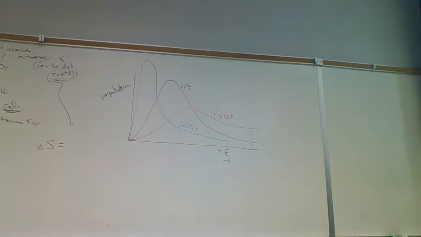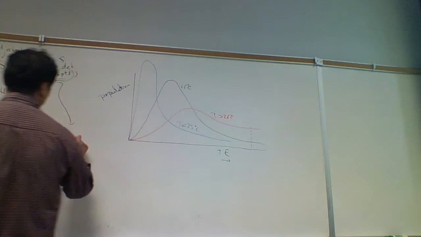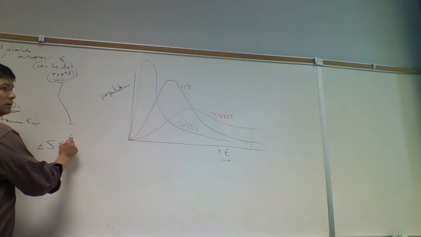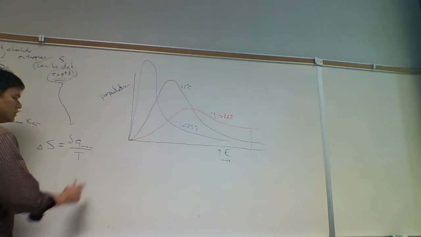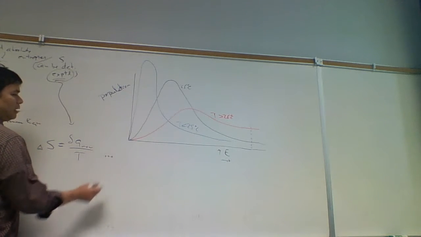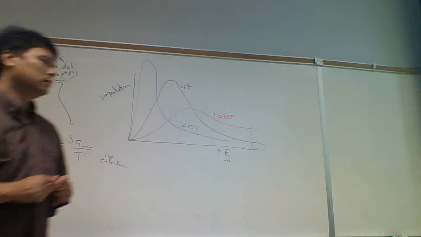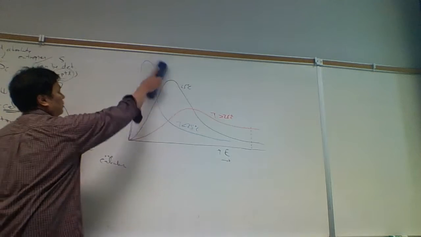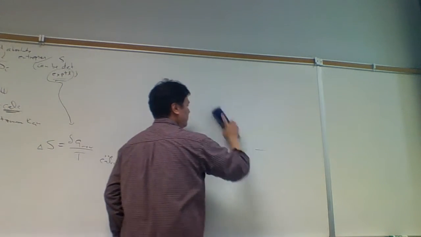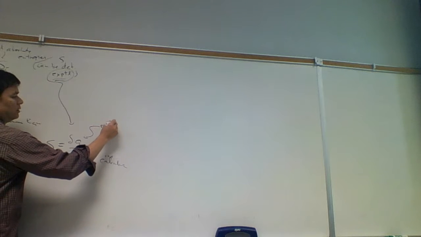dq reversible over T. So we'll have something like this: dq reversible over T. Essentially, this is what we're going to do. We're going to use some calculus. I'm not going to get into calculus because calculus is beyond the scope of this class. And what we're going to do is relate this dq reversible